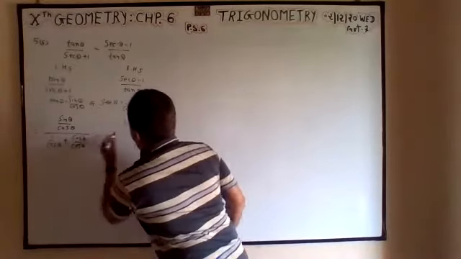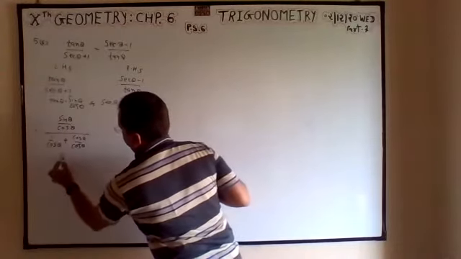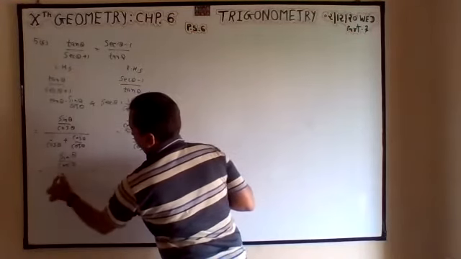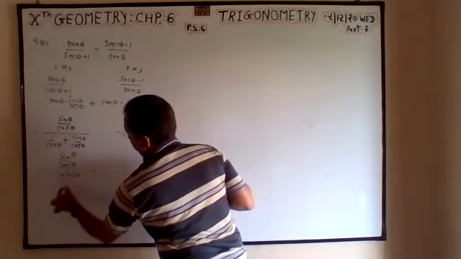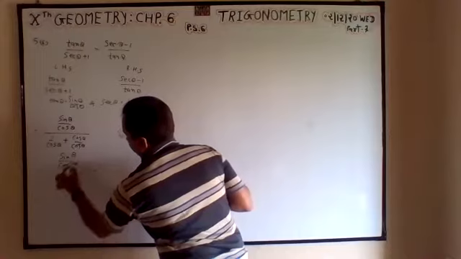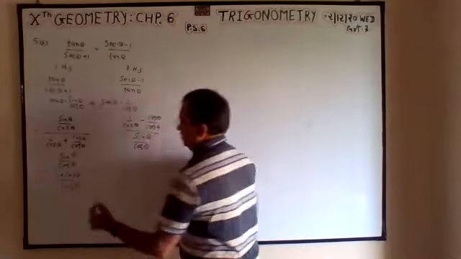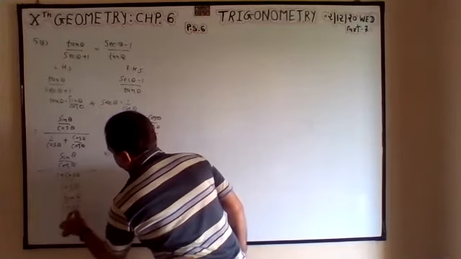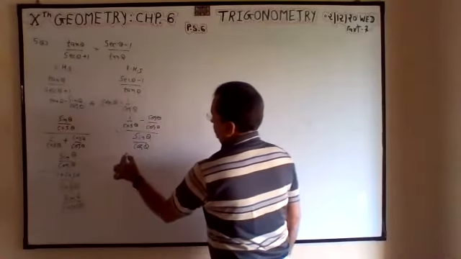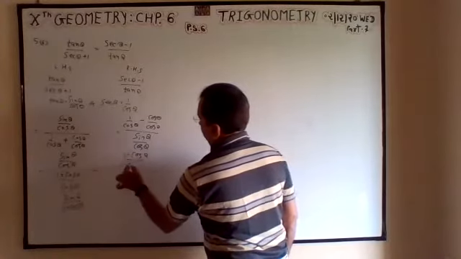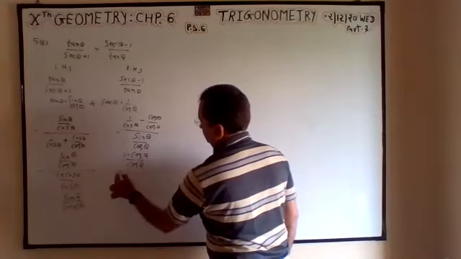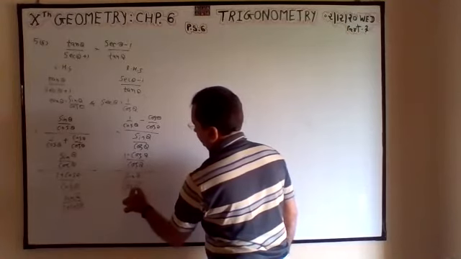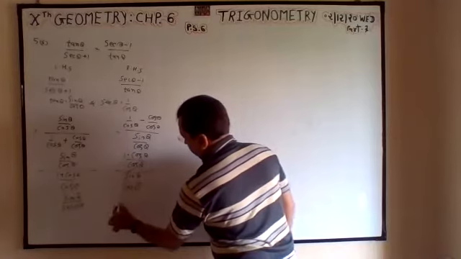Now I will simplify this. Separately I am doing. So sin theta by cos theta. Now denominator same, so 1 plus cos theta by cos theta. Cos in the denominator is the same, both denominators you can cancel. So sin theta is equal to 1 plus cos theta. Here 1 minus cos theta divided by cos theta, cos cancel, so 1 minus cos theta.